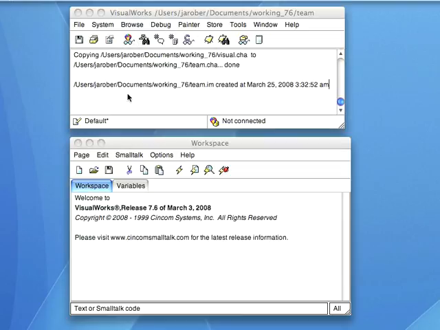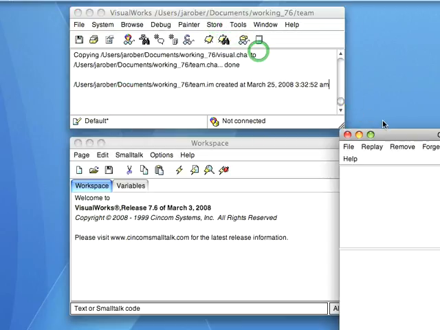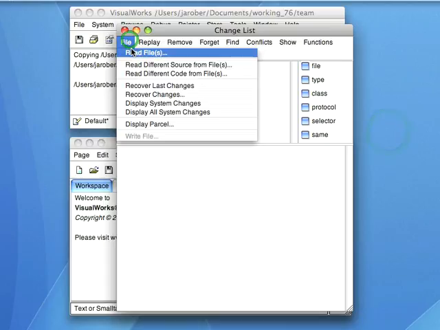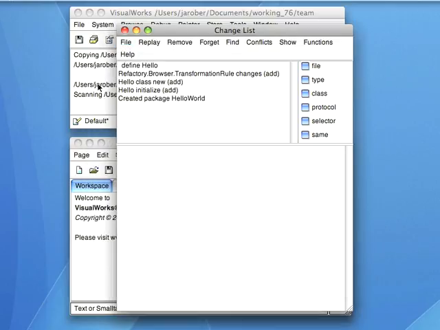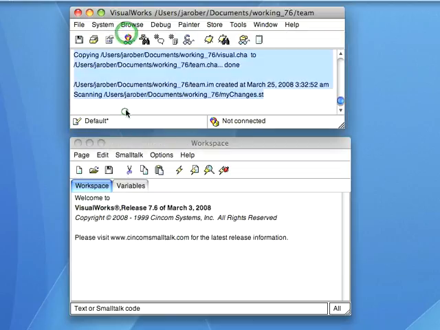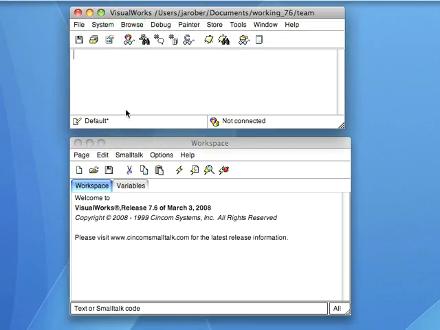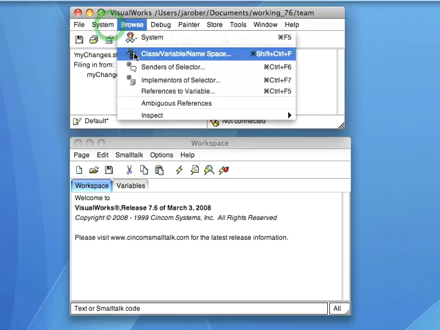And with this image fired up again, I'm now going to do the change list tool. And I'm going to go ahead and read different source from files. And let's go ahead and try mychanges.st. And there it shows me all this stuff. Now I could use the change list tool to replay all that, or I could just do mychanges.st as file name, file in, do it,